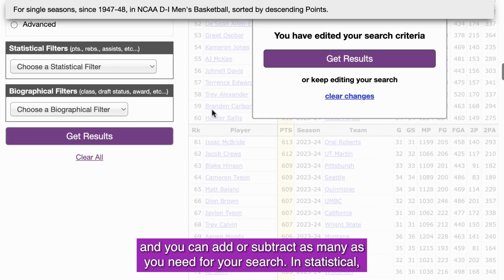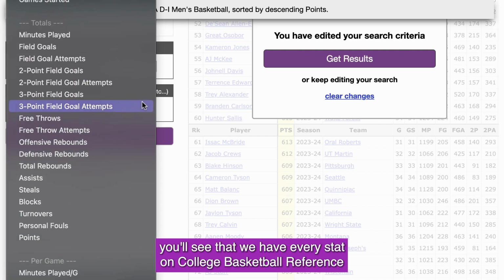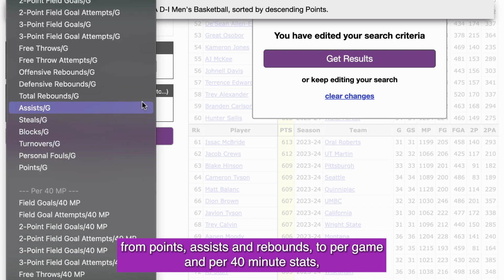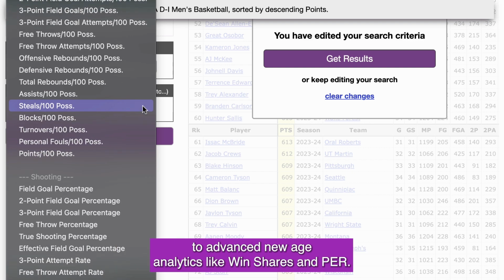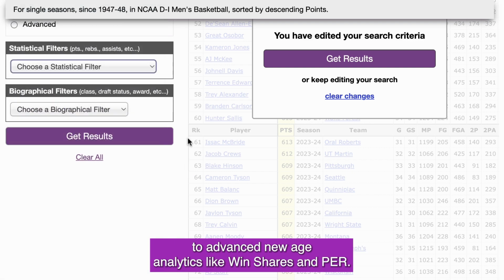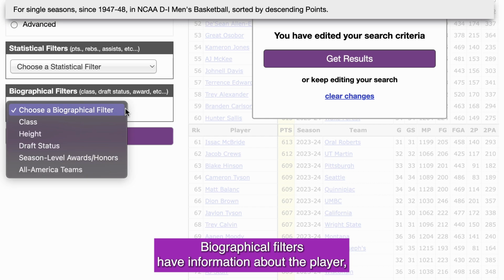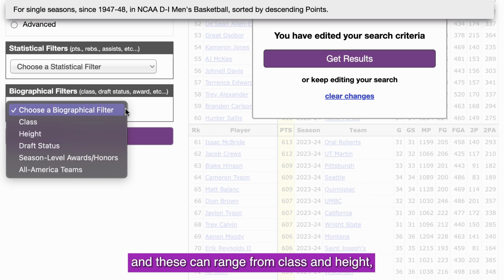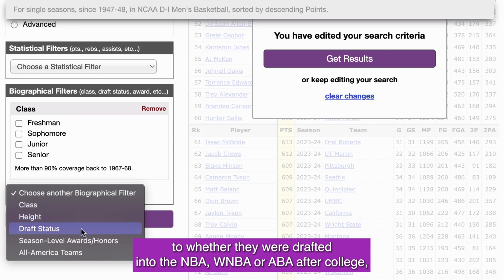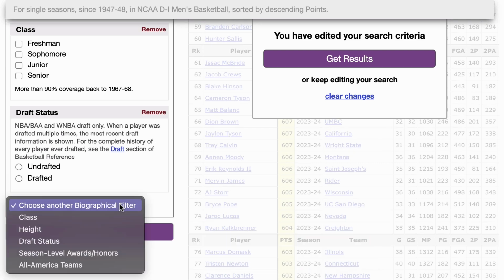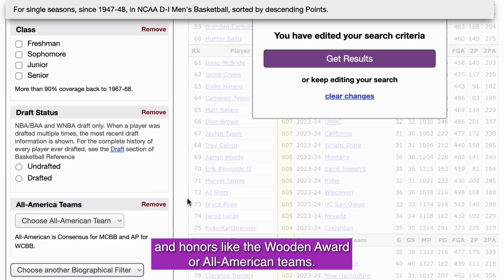In statistical, you'll see that we have every stat on College Basketball Reference, from points, assists, and rebounds, to per game and per 40-minute stats, to advanced new age analytics like win shares and PER. Biographical filters have information about the player, and these can range from class and height to whether they were drafted into the NBA, WNBA, or ABA after college, as well as filters for awards and honors like the Wooden Award